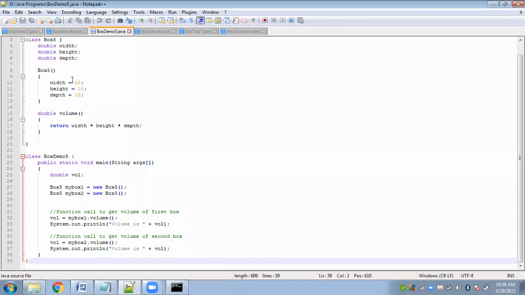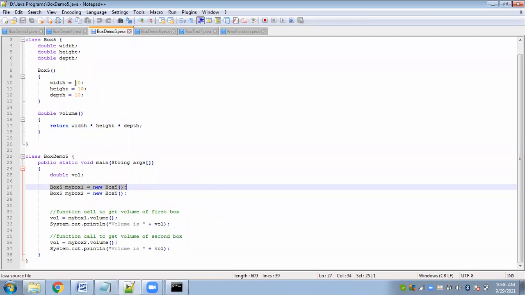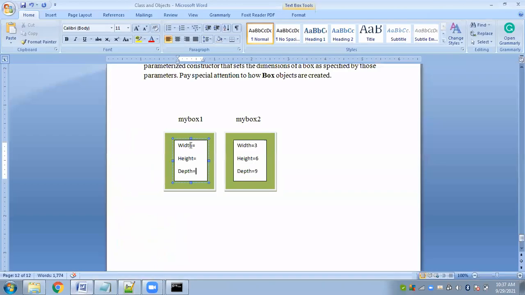The values of my box 1 and my box 2 will be initialized to 10, 10, 10, right? So when this statement is executed, the constructor will be invoked automatically, and the three tens will be assigned to width, height, depth.